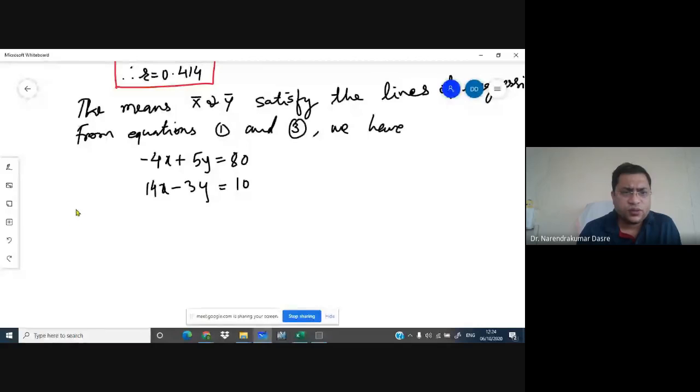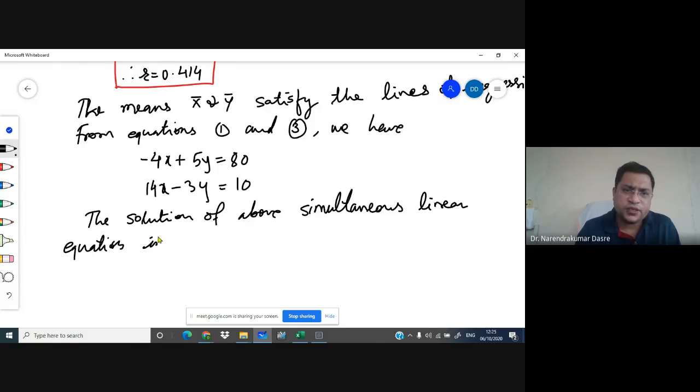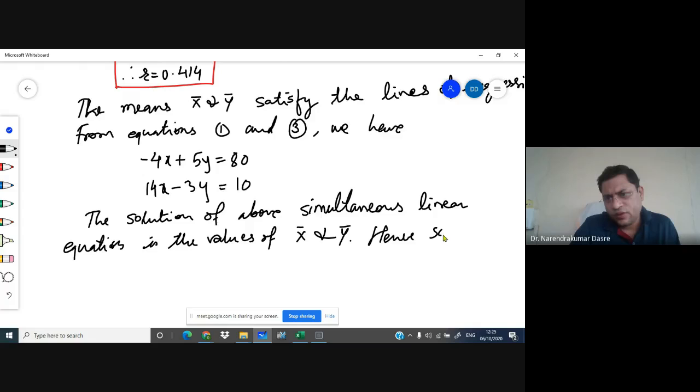Hence, the solution of both simultaneous linear equations is the values of x bar and y bar. Hence, solving both equations